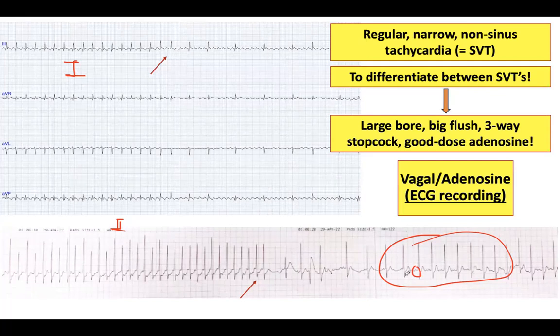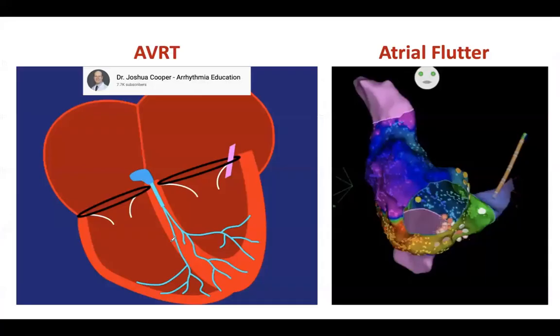But there might be a hint of delta wave here, and the RP interval here is not super short. So these are all suggestive of AV-RT, okay? And then obviously the age of the patient. If the patient is a baby, usually it's more AV-RT rather than AV-NRT. Okay, so